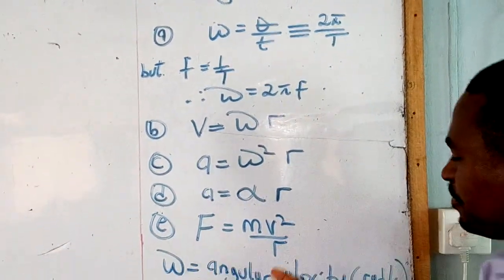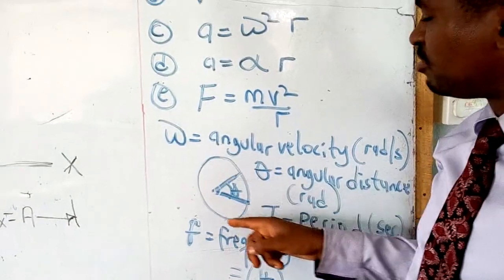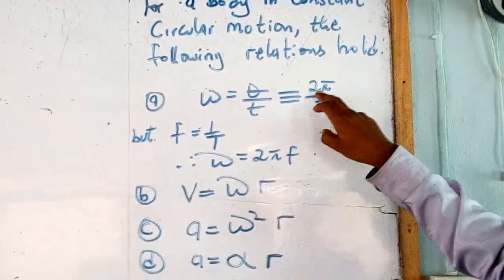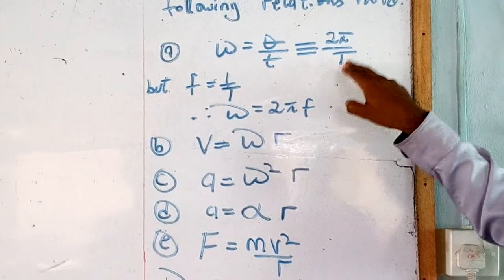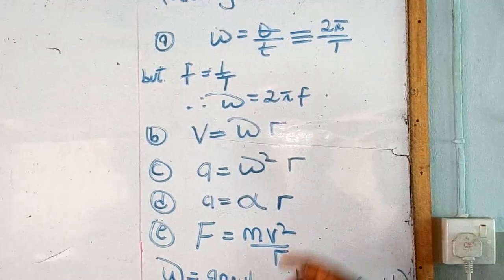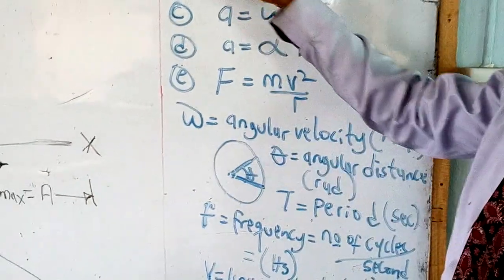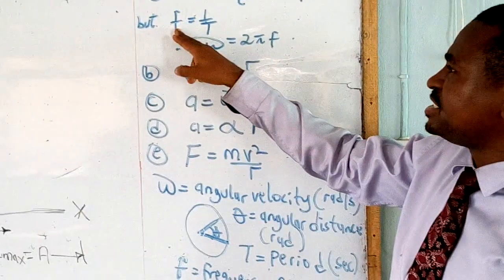But when the body has gone through a complete rotation, that is one revolution or one full cycle, the angular distance covered is taken as 2 pi radians, and the time taken at this period is called the period. And then the frequency f of rotation is related to the period. Frequency is the inverse,